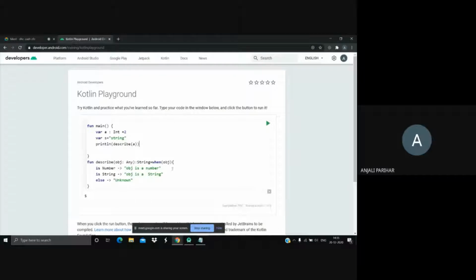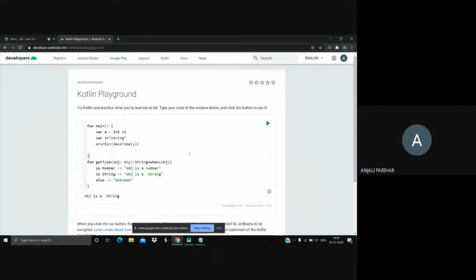I hope it is correct. Number. Okay. Object is a number. Now I'm passing the string to it. I don't know what type the string is. This function would be telling me. Object is a string. Or just type it as get type.